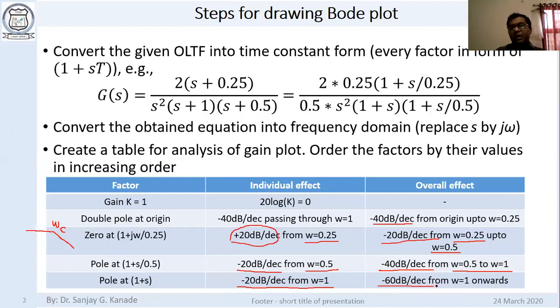So this is how we prepare the sections of cutoff frequencies, and in between the cutoff frequencies we find out the resultant slopes. Okay. So this is how we calculate the gain plot. We analyze for the gain plot and we will plot this gain plot.